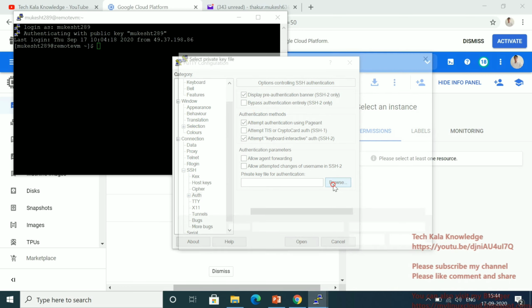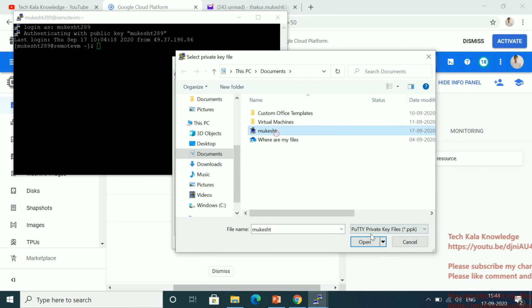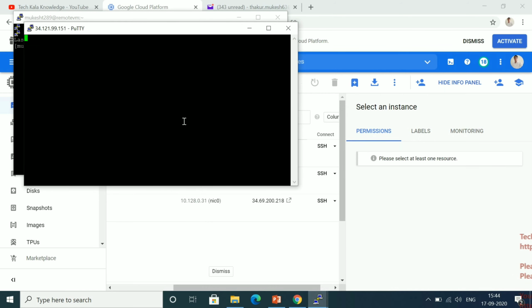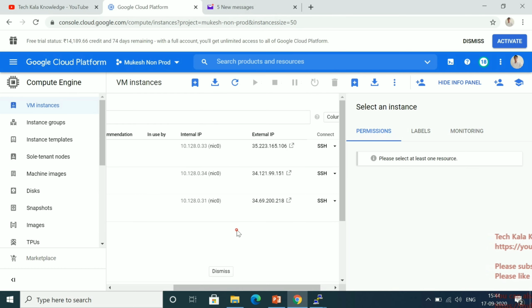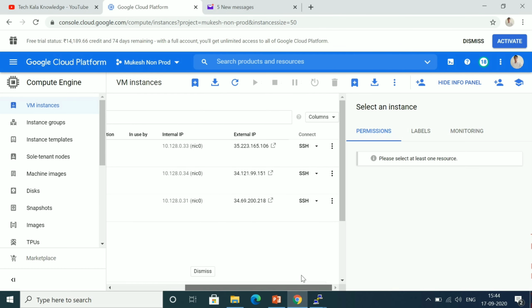In the cloud it is too easy; within a minute you can build your server or VM and then start the work. If you are using your own system, like VMware or VirtualBox, you can also build a server, but it will take two to three minutes, because you have to download the ISO image and so on. Okay, so these two are done. Now let me log into the other one.